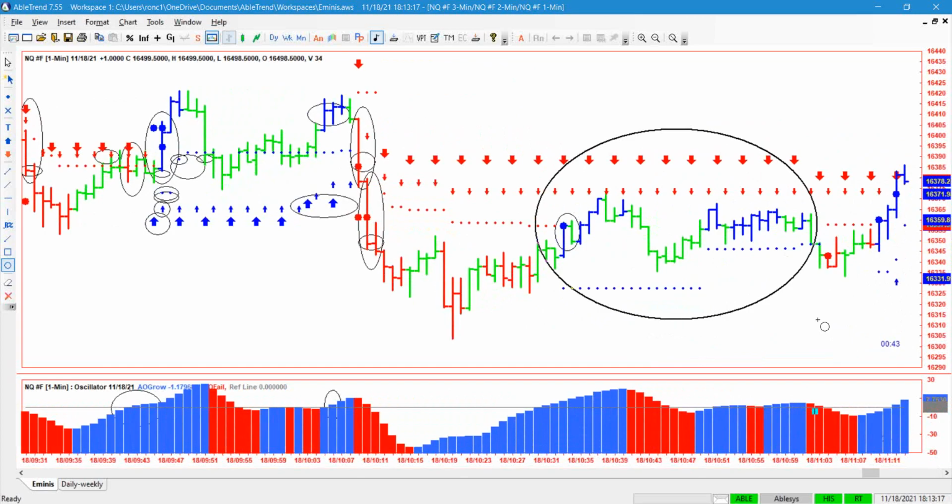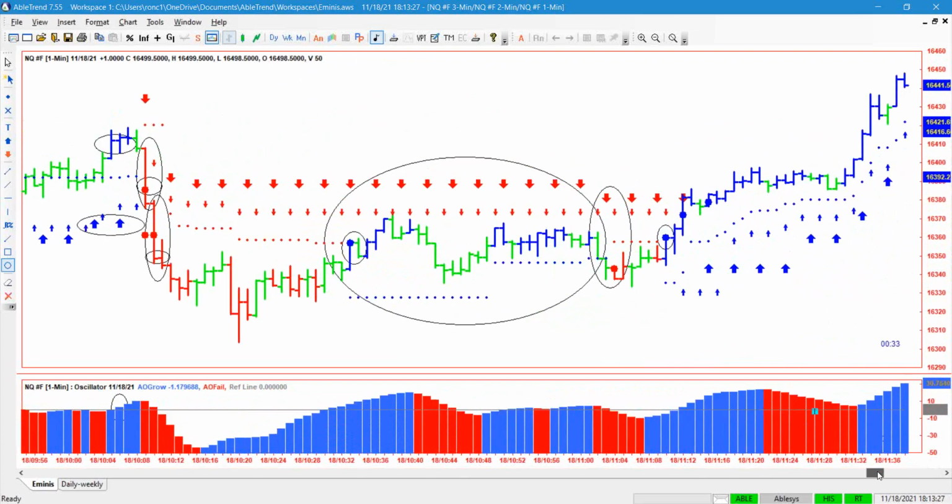Triple confirmation, no confirmation, no trade zone right there. That's a valid trade right there. Lost on that one too. So it's like, oh my God, what's going on here? Well, if you have the patience and the discipline to grind it out, because it's a grind,